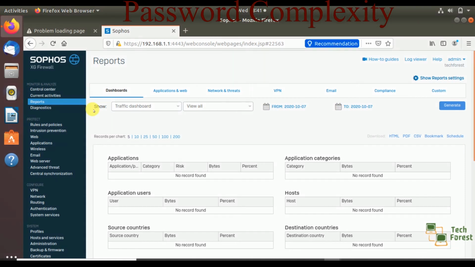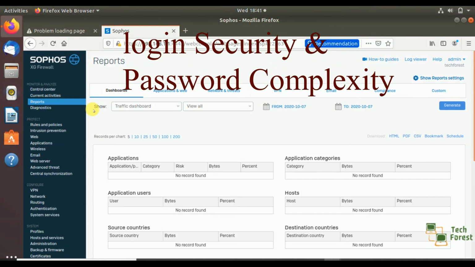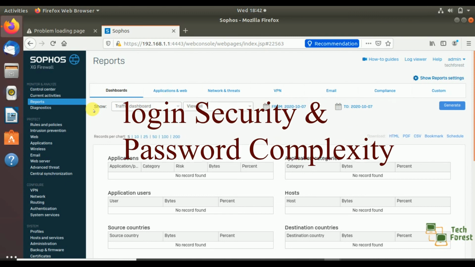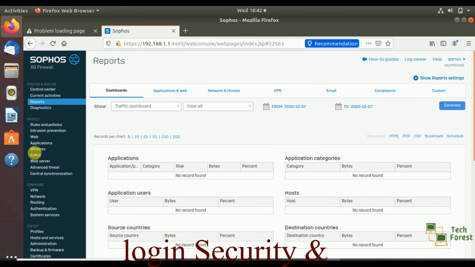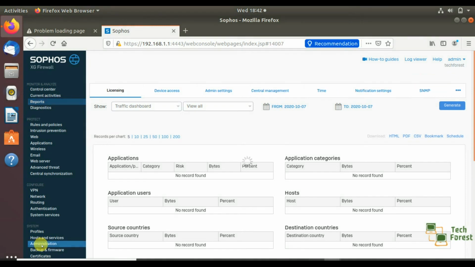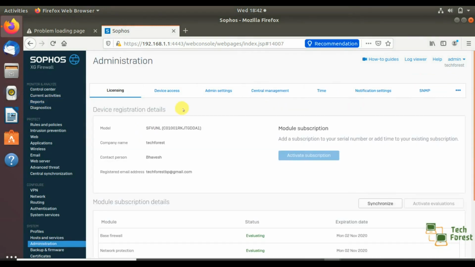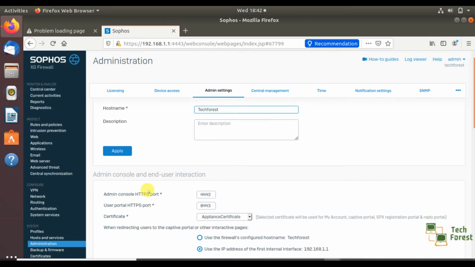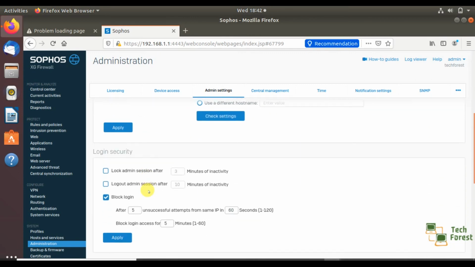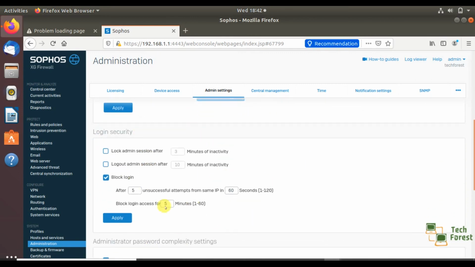Let's move on to another point: login security and password complexity. If you go to administration, then admin settings, here you will find you can set login security. You can set the session logout time.